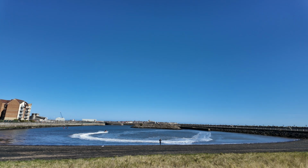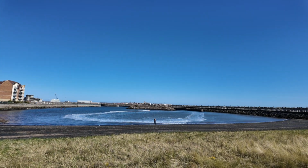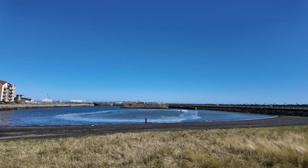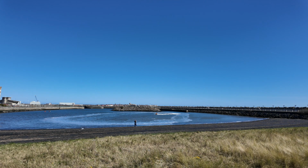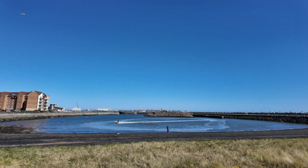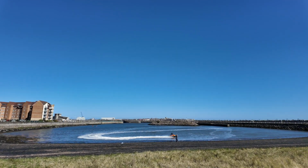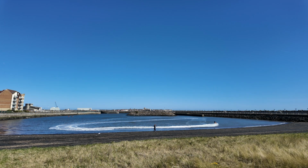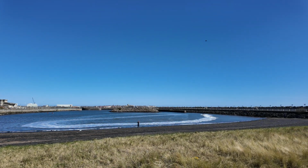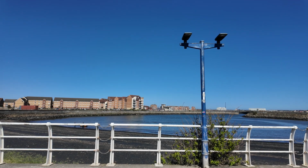This little enclosed area here at Navigation Light. On the left hand side there's a couple of kayakers and this dude flying around on his jet ski. He's having some fun in the sunshine today. Some runners and cyclists going around the outside. He's having fun. He thinks he's James Bond. Hartlepool's own James Bond. Hehe. So from this little